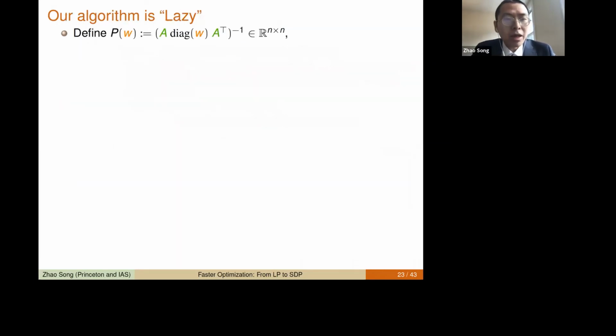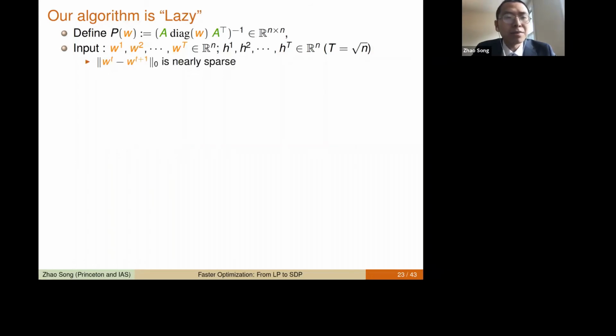So now I will explain our lazy algorithms. Let's define P of W, which is the inverse of the constraint matrix times W times the constraint matrix. And let's say we have an input sequence. Think of this as a streaming question. Someone gives you W1, W2, up to WT, and you know every WI are close, and you